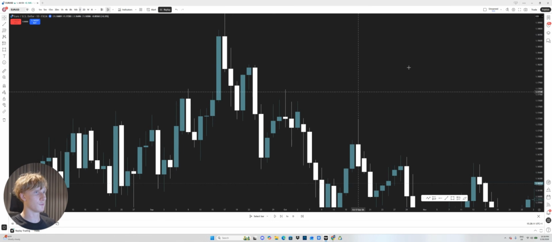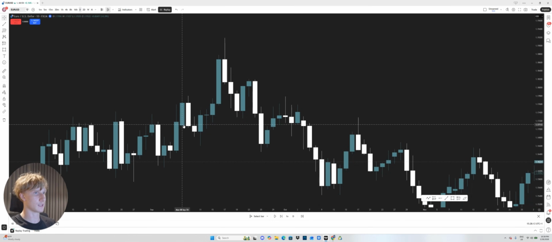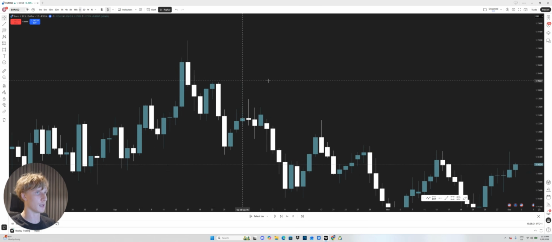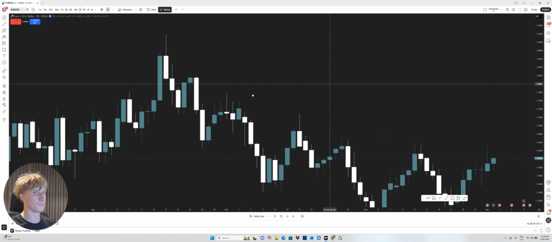And some of them will be really obvious. For an example, this candle right here, we can say, well, this is obviously impulsive. Why? Because the wicks are tiny in comparison to the body. For this one right here, we can see the wick is fairly big. However, in comparison to the body, it's still a very impulsive candle.